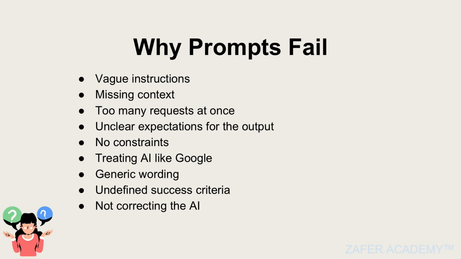And then the last thing is not correcting AI. Now this one is for prompting. It's not just your first prompt, not correcting AI. For example, you told AI to do XYZ, it did not understand, right? And you looked at its response, you saw that its response was not the best, and you did not correct it. You just went on ahead. In that way, you are not going to get the best results.